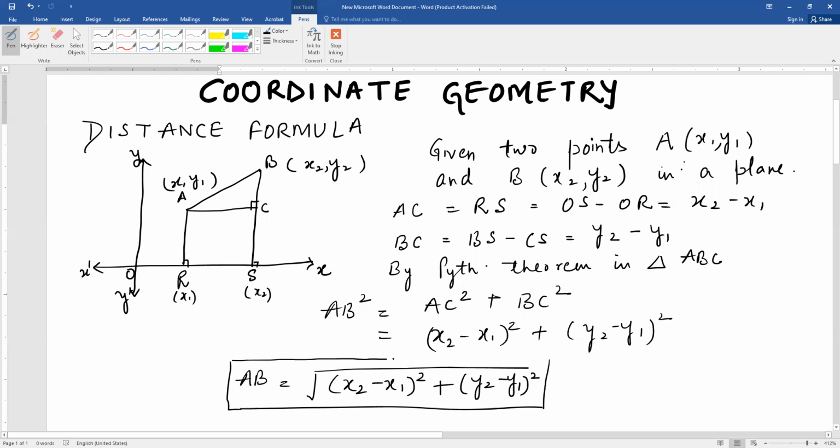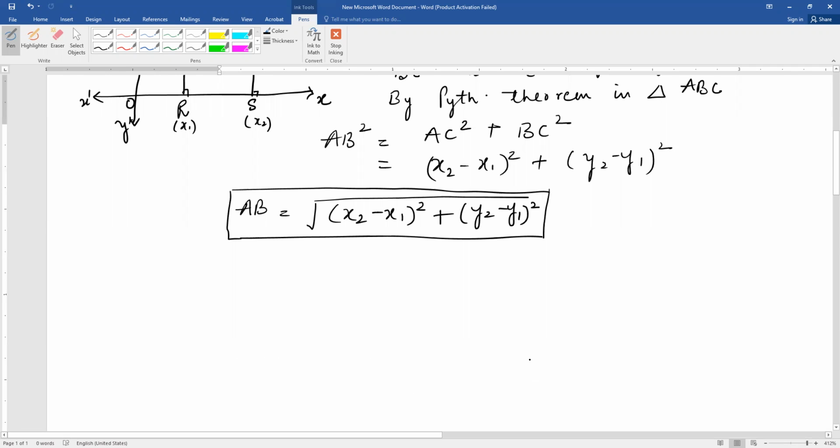इसी पे based हम कुछ questions ले लेते हैं. ध्यान रहिए क्योंकि ये डिस्टेंस है, सो वी हैव टू टेक ओनली द पॉजिटिव वैल्यू. रूट के बाहर जब हम निकालेंगे वी हैव टू टेक ओनली पॉजिटिव वैल्यू बिकॉज इट इज डिस्टेंस. Negative value is neglected. Let us take one of the questions of your exercise. For example, you are supposed to find distance between 2 points, say 2, 3 and 4, 1. Let us name it as A and B. So what is AB?